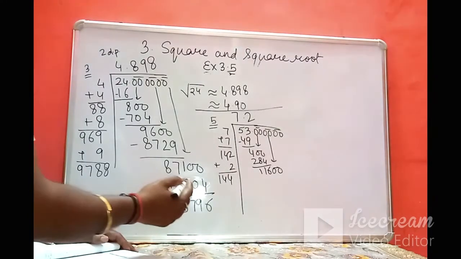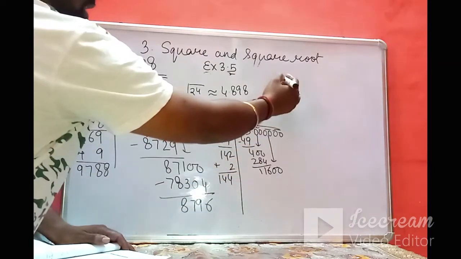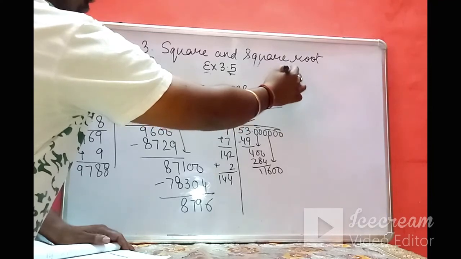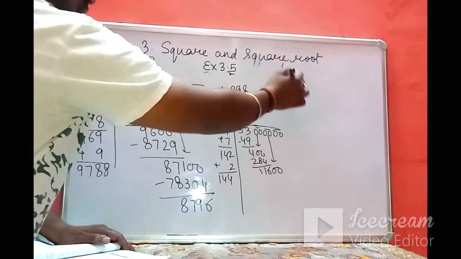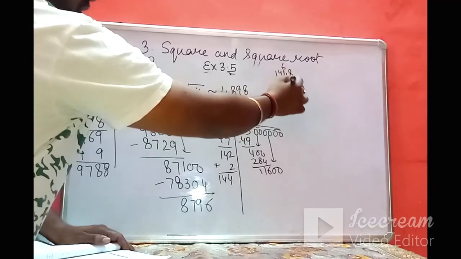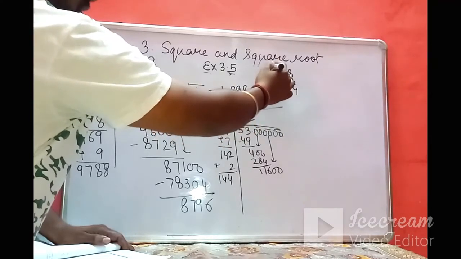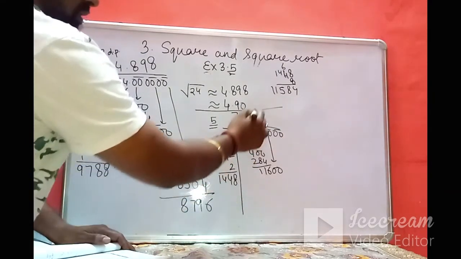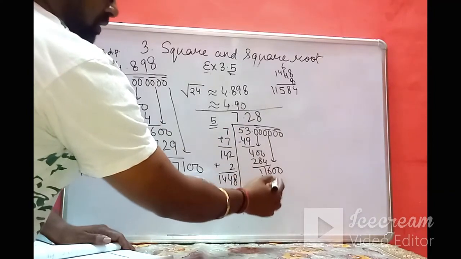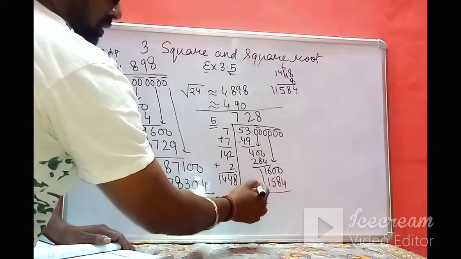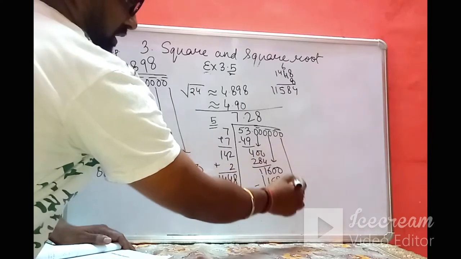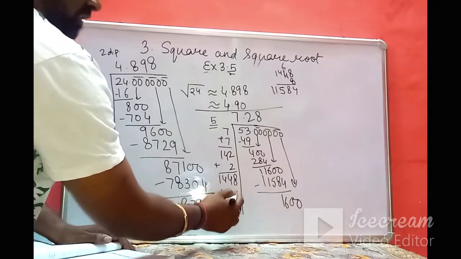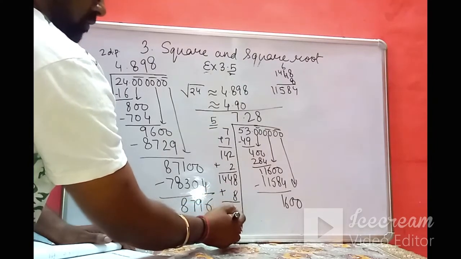Then let's check it. I will check it for 8. 1148 into 8: 64, 6, 32 and 6, 38. 3, 32, 35, 3, 11. Okay, so it is lesser, so I will use 8 here, and 8 is going to come here. 1, 1, 5, 8, 4. Then we subtract, I will get 1600. So again 2 zeros, and 8 is going to come here, so it is 1, 4, 5, 6.